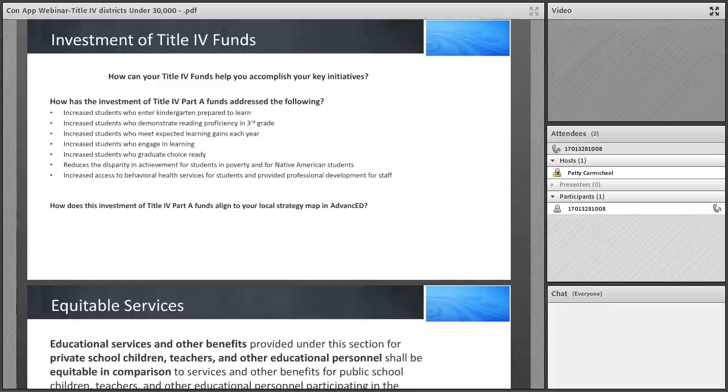If these align with the purpose and allowed use of Title IV funds, then this helps you determine how to spend your funds. Or perhaps you could braid several funding streams to meet a goal or critical initiative. Or perhaps you see that there is not an alignment to Title IV funds, so perhaps you want to transfer these funds to another program. If you want to visit further and discuss your strategy map, please schedule a call. During this section, you'll be asked to provide a narrative answering both of the above questions.